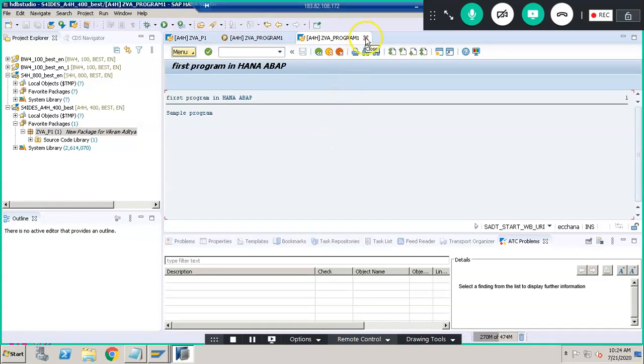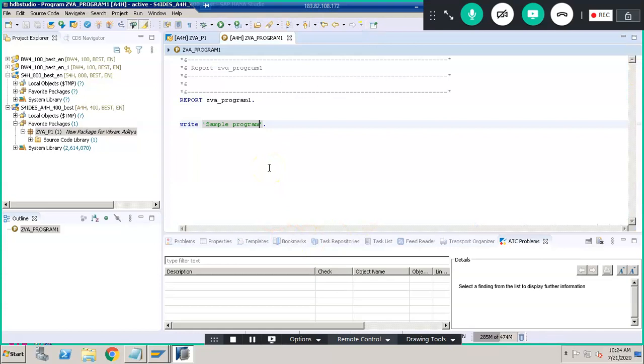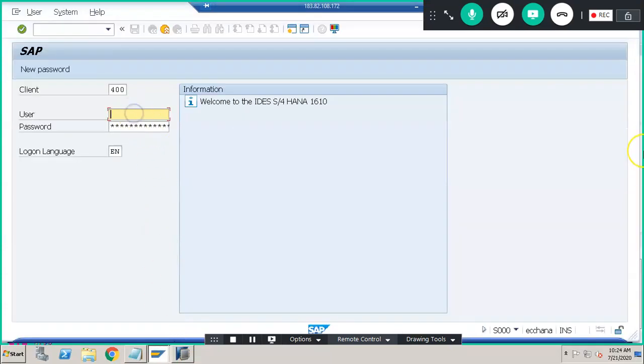This is done. So now after doing this, we can check this in the normal logon also. In the normal login also, we can go into the normal login and check what we have done, whether it is available or not.